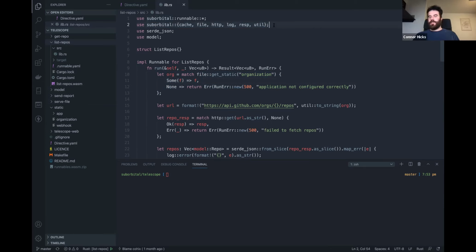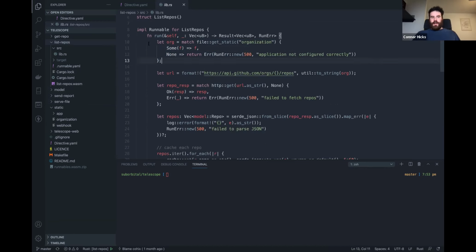So I'm going to talk about a bunch of these, but as you can see here, these are some of the things that are available to you: accessing a cache, reading files, making HTTP requests, and more. We're going to use that right off the bat, and we're going to use this file capability to get a static file. That's actually one of the features of Atmo, the ability to bundle static files with your application. And so when I build the Atmo application, that unified deployable that I talked about earlier, the form